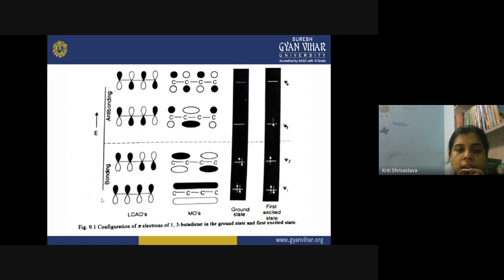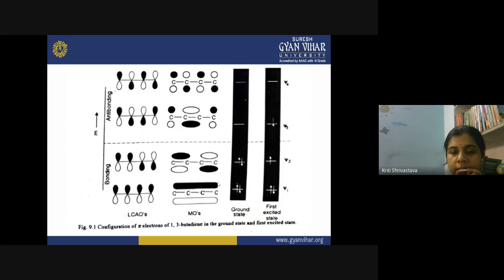In the lowest orbital, you can see this is the lowest energy molecular orbital. All the positive lobes are here. In the second case, two positive lobes are on the upper side and two are on the below side. And these are the different possible configurations. The other two are the anti-bonding molecular orbitals. So the linear combination of atomic orbitals, LCAO, results in the formation of molecular orbitals, MO. This is my molecular orbital of the 4 carbons of butadiene. This is psi 1.